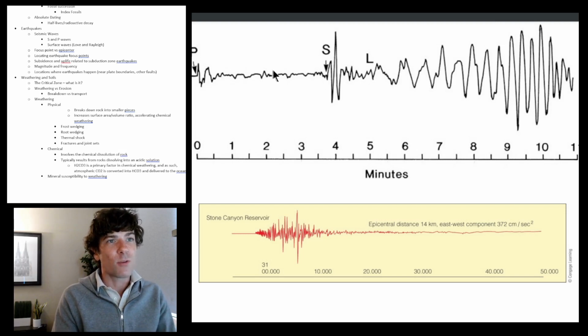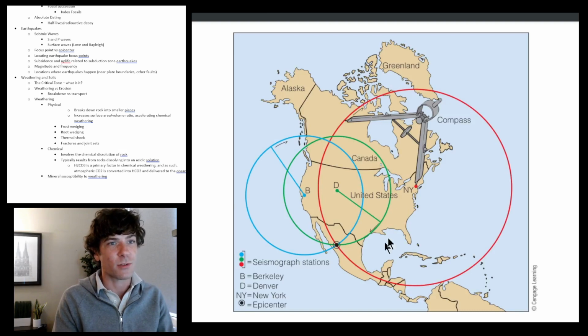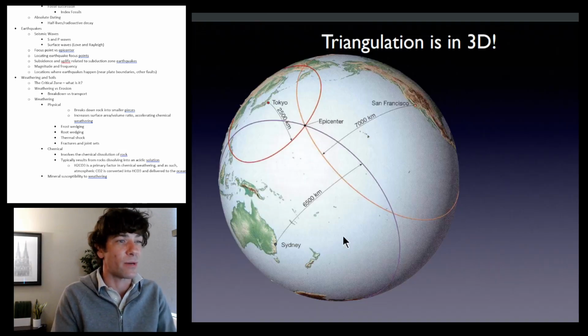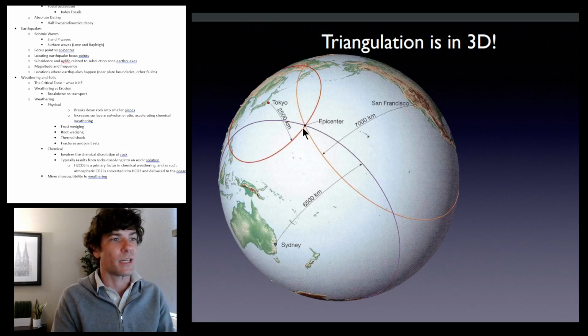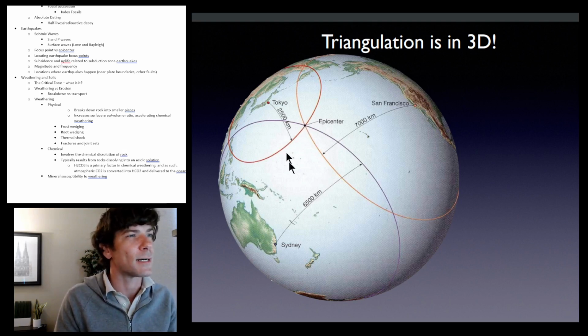And if we know the relative travel times of these, which we generally do, by measuring the difference in time of their arrivals, we're able to calculate a distance away from the origin of the earthquake. And so using multiple different stations, 3 or more, we're able to uniquely triangulate a single epicenter for the earthquake. This is, of course, done in three dimensions, and so what you would really be calculating is the focus point rather than the epicenter. Okay, so moving forward through this,